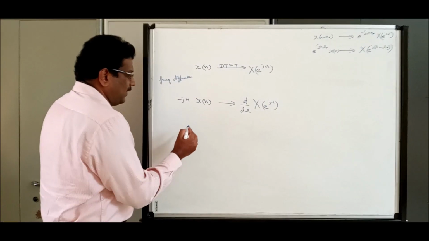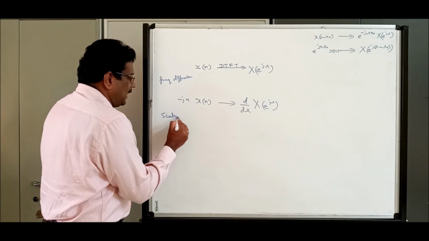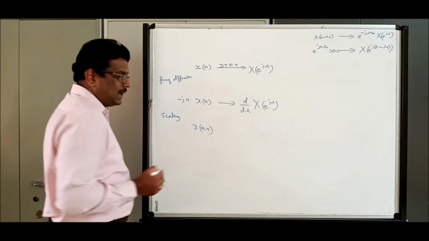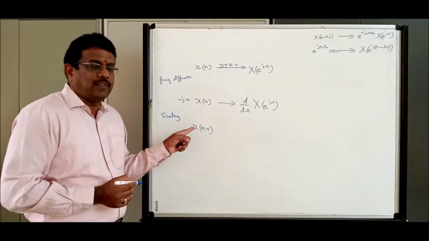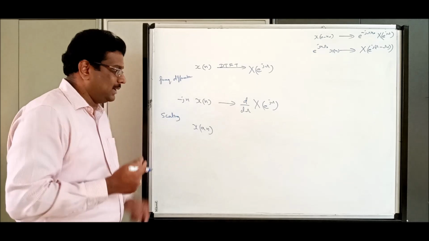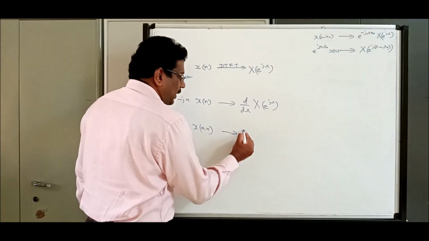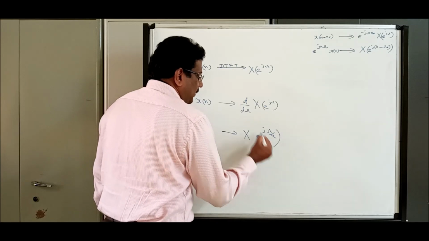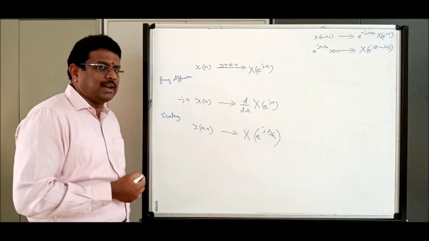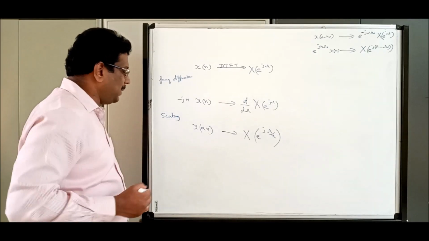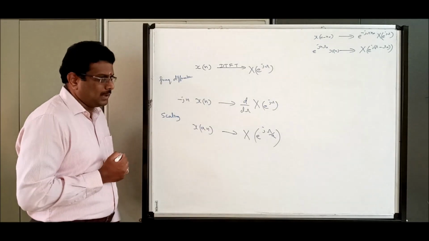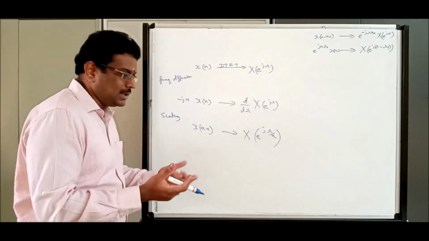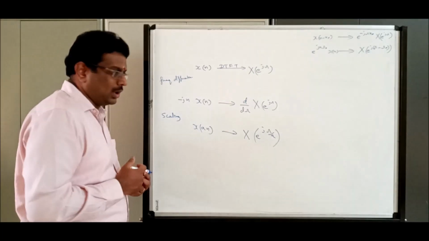And one more you have, we call it scaling. What is that scaling? x of an, that is, time domain is multiplied by a factor a. Time is scaled. In frequency domain there will be a change, that is divided by a, which is the same effect we had in Z transform, z by a. So please do remember this. Apart from that, convolution in time domain and multiplication in frequency domain are one and the same. Please make a note of that.